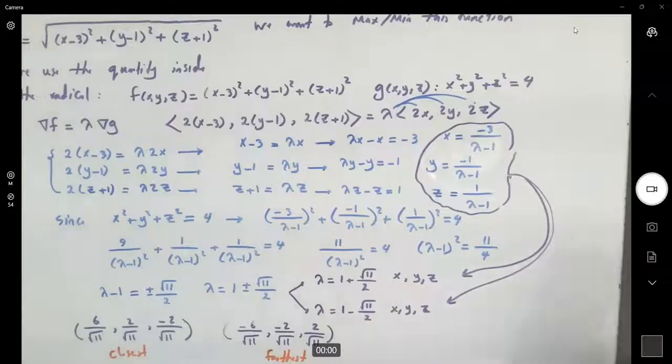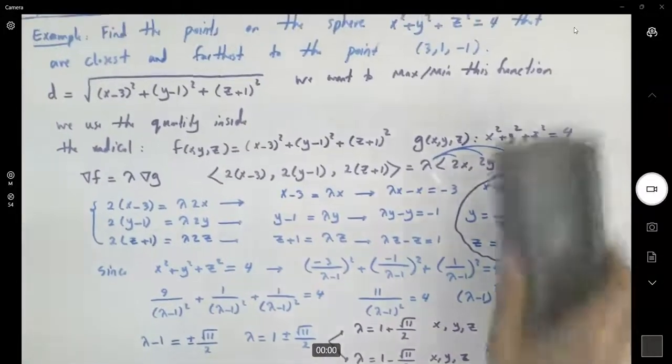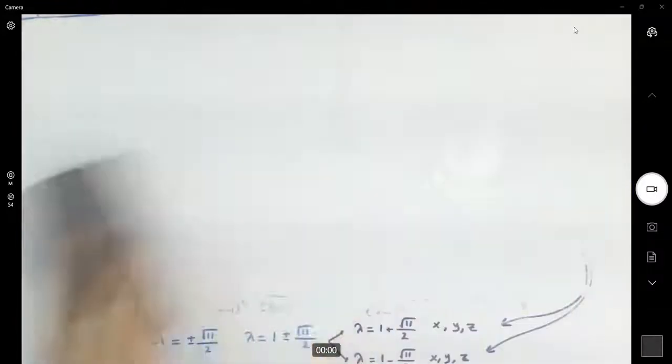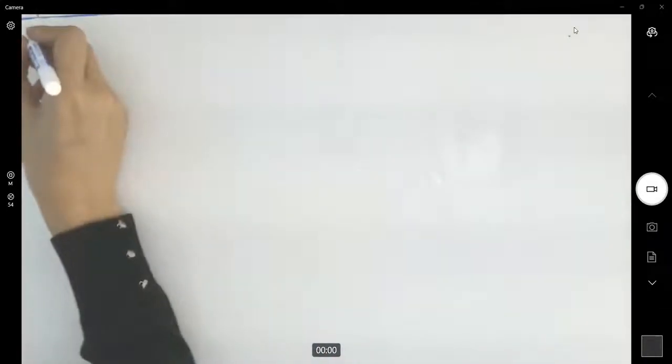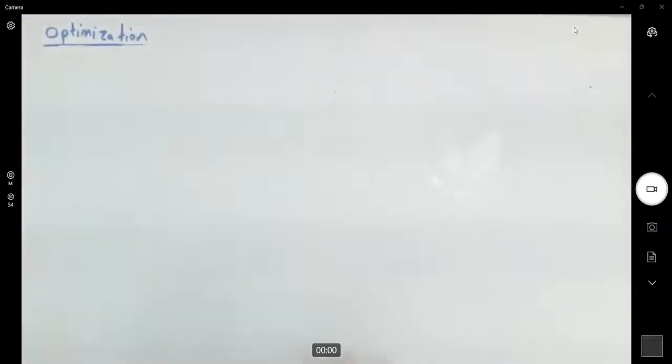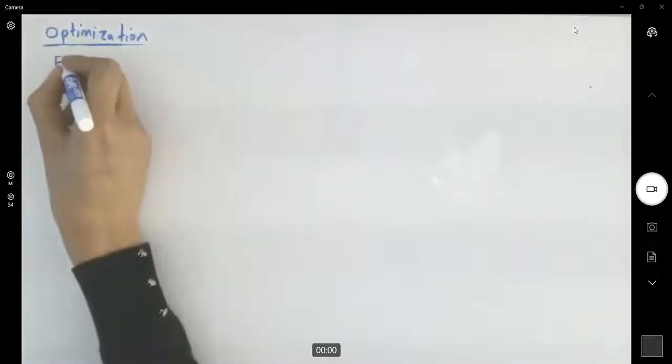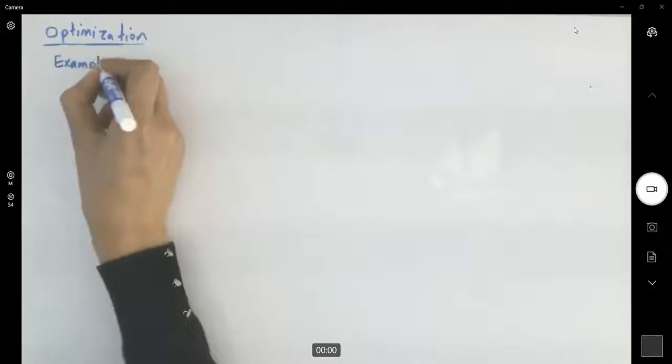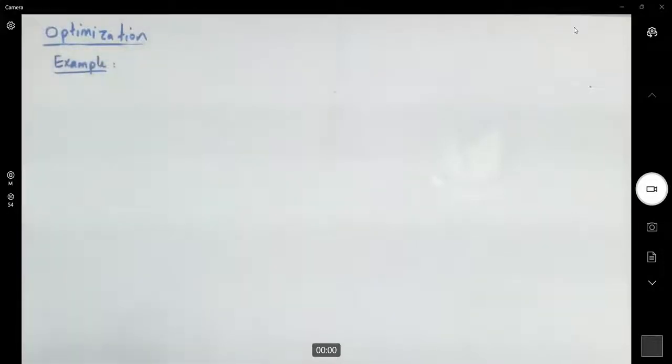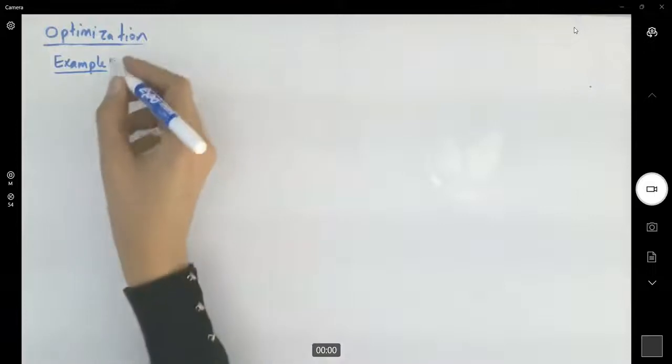Now, suppose we have two constraints instead of having just one constraint. Suppose we end up having two constraints. Let's see what do we have here. I'm going to go over one example so you see when to work with two constraints using Lagrange multipliers, what to do. Find the maximum value